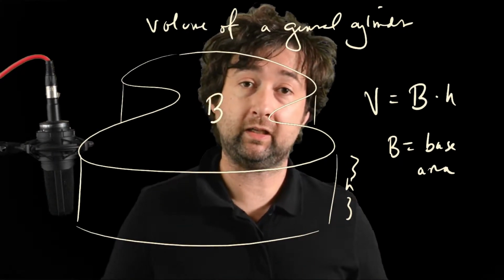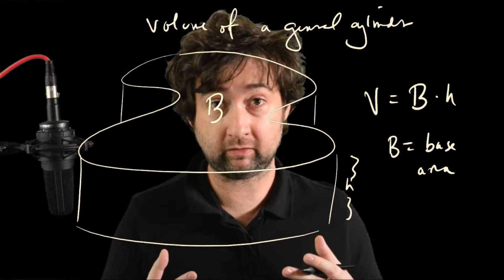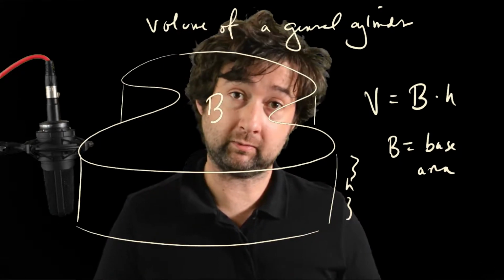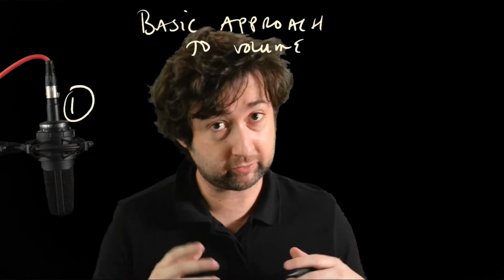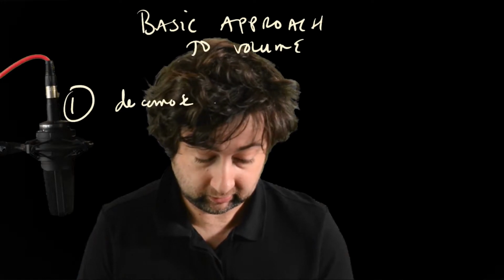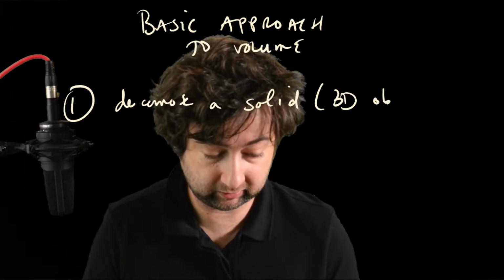So in the same way that rectangles were the piece that we chopped two-dimensional figures into in order to estimate the area, cylinders are going to be what we chop three-dimensional figures into in order to estimate the volume. Okay, so what's the basic approach going to be that we're going to take on all these sorts of questions? So there's a basic approach to volume. Step one is that we're going to take a solid and we're going to decompose it into cylinders of some kind, which are also called cross-sections. So we decompose a solid, by which you mean a 3D object,